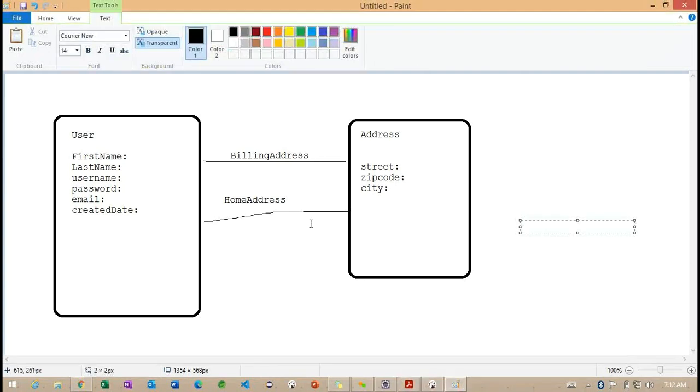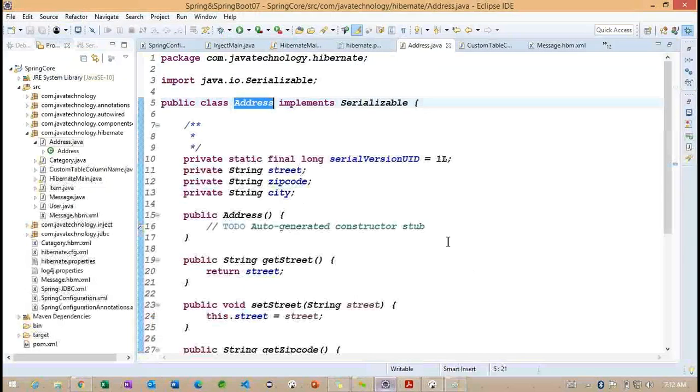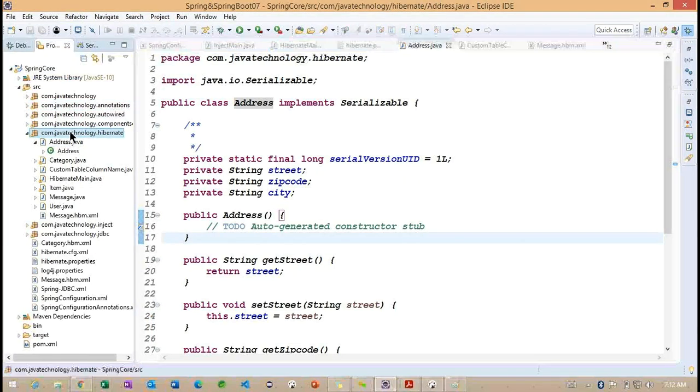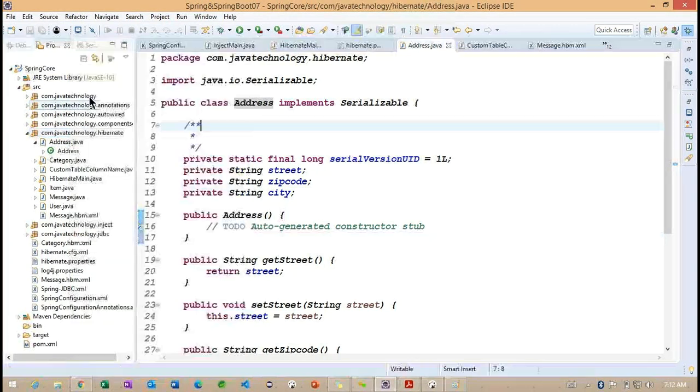Basically, inside this particular user mapping file, we need to create these two pieces of information: one is a billing address and another one is a home address. To understand this, first let me create this.